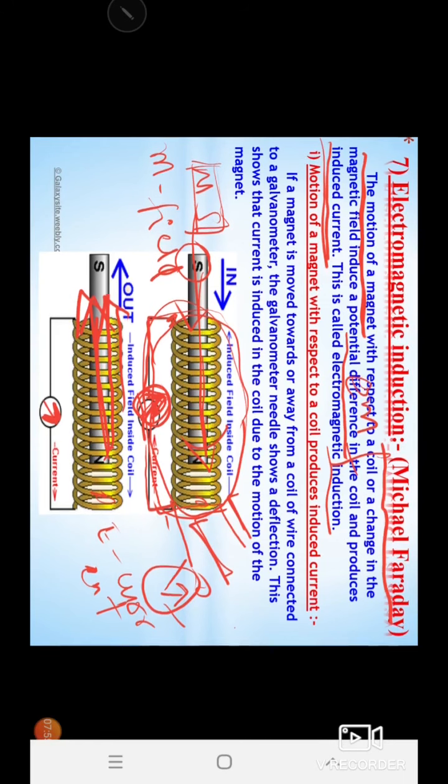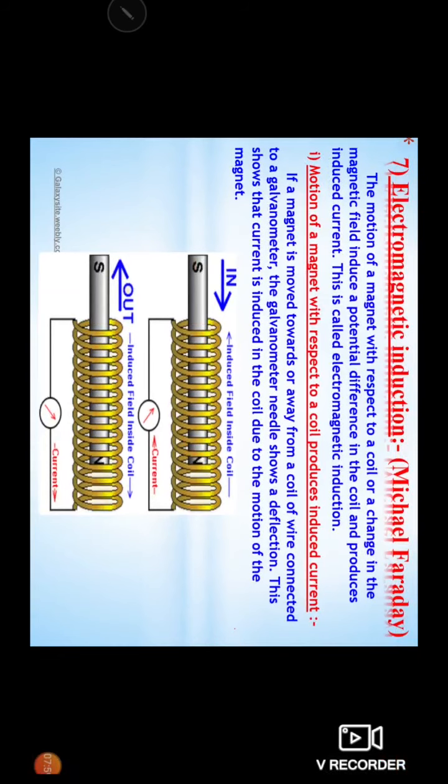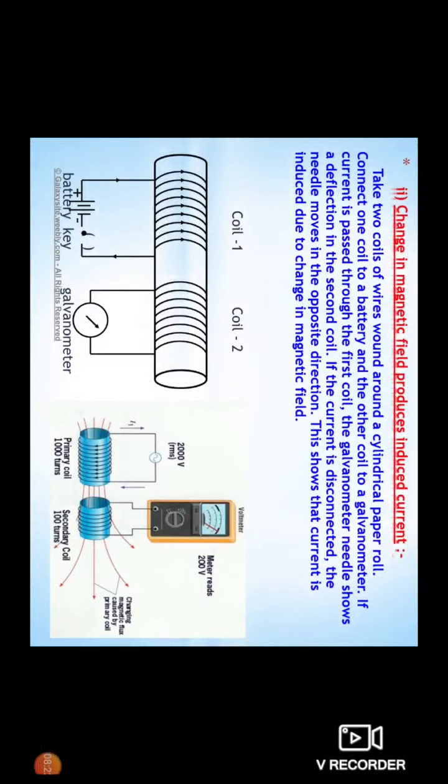So after knowing electromagnetic induction, the next concept is: change in magnetic field produces induced current. As you have just studied, a change in magnetic field produces the electric current. So for you, here one activity is there. The activity is like this: